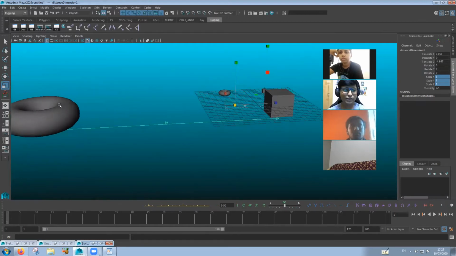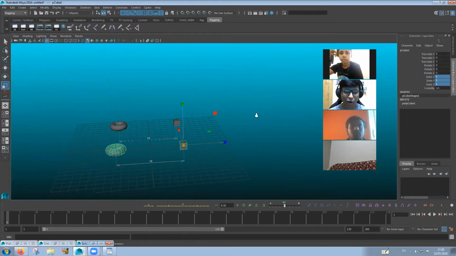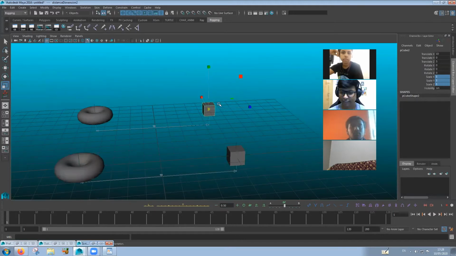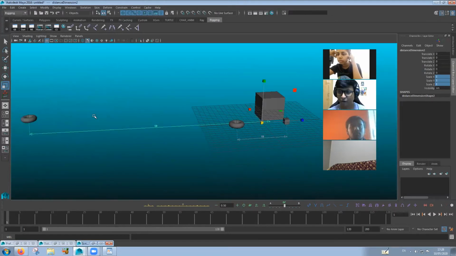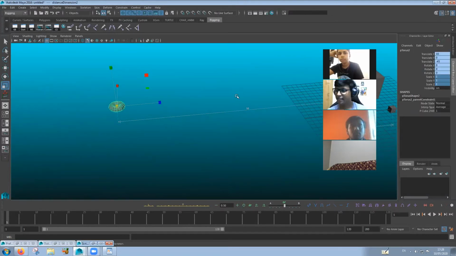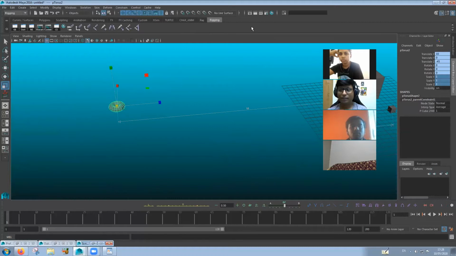Okay, but we also see that the scale has also increased proportionately. But the same won't happen for the cube. If you put 5, yes, the distance between them increases, okay, but the scale doesn't change. The scale is still 1 because for that we'll have to give it another constraint, that is scale constraint. Otherwise, it won't act.